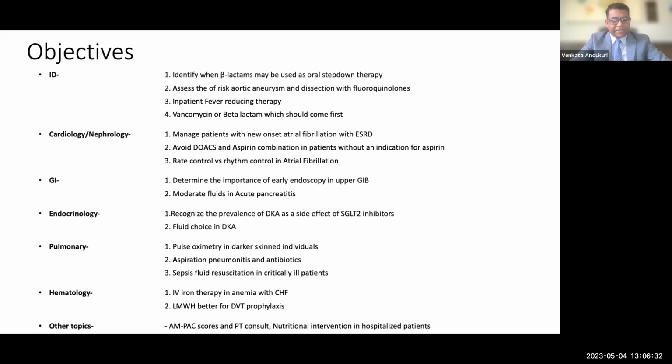And these are the objectives. I know it's a long list. So what I'll do is I'll just get started, keep going, and I would like to stop at 10 minutes before the hour. And so that's the plan.